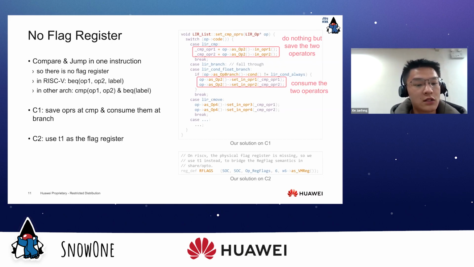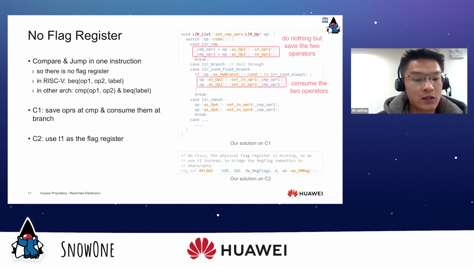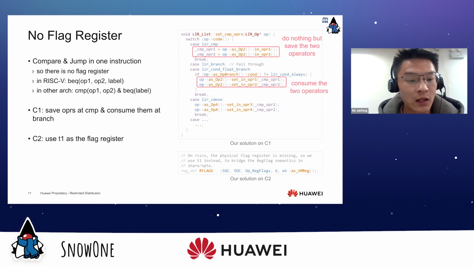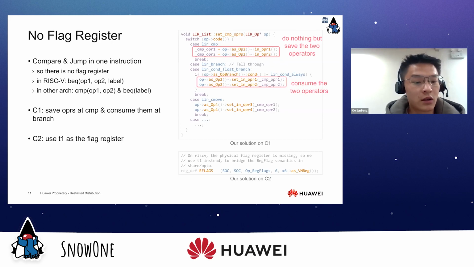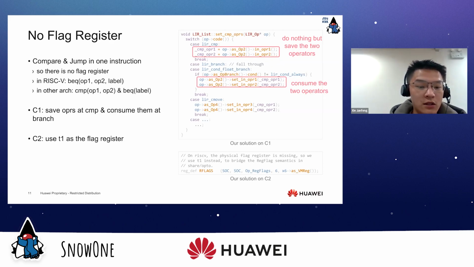But for C2, the situation is different. There are some top-level design limitations in its IR, and sometimes we cannot use the same way as we did on C1. In OpenJDK, T1 register and T2 register are not used. So in such cases, we let the T1 register play the role of the flag register.